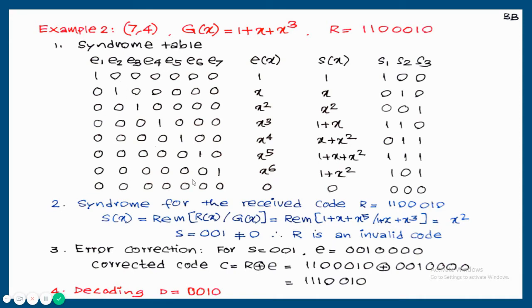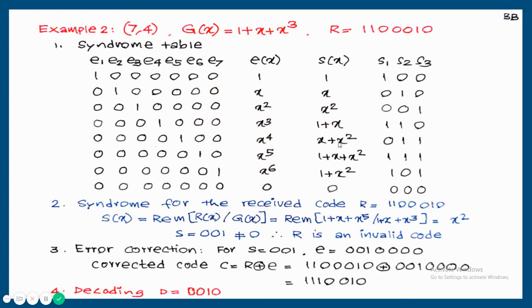7C1 plus 7C0. Now each pattern is written in terms of polynomial. Here starting from x raised to 0, then x raised to 1, x square, x cube. So this will be just 1. Second will be x. Next will be x square. So the polynomial is written here. And s of x is equal to remainder of e of x by g of x. Numerator is the remainder. And here onwards division is needed.